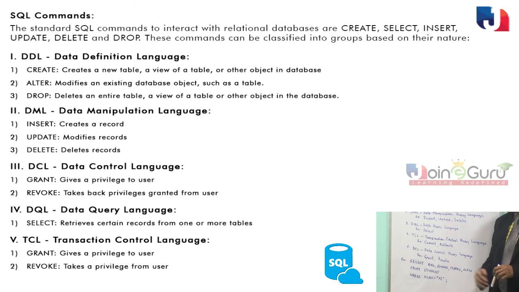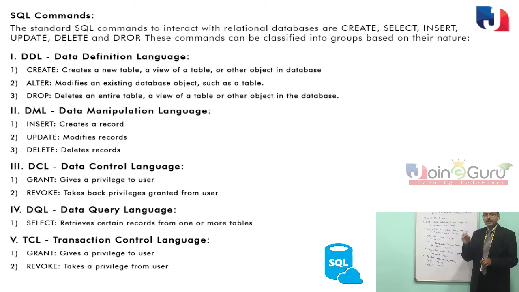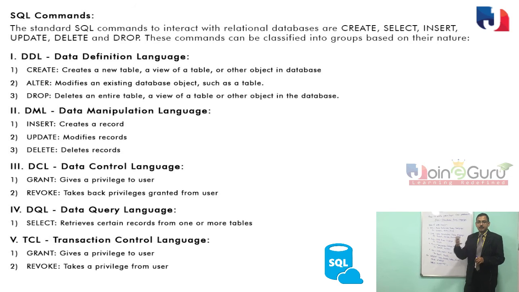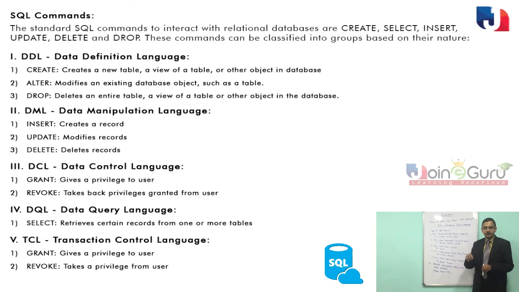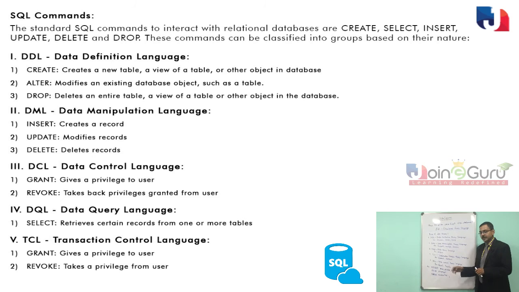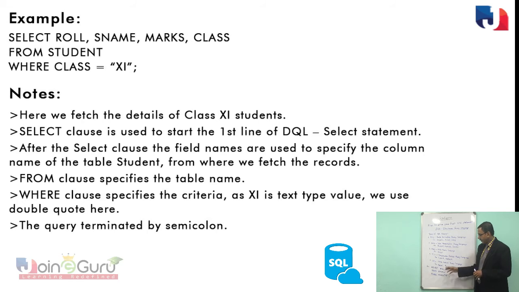Next one is DCL, that is Data Control Query Language. It is mainly used to perform user interactions, that is grant, to create users and give them some privileges, what the user can do and what the user cannot do regarding database operations. So we can use the grant query, and if we want to take back the power from the user, we can use revoke queries. And these are the different classifications.